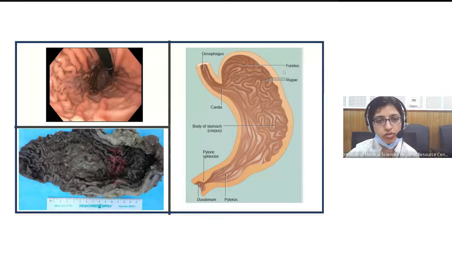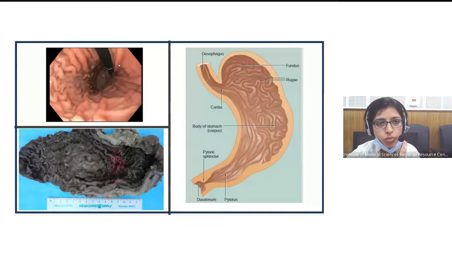So the food stays in the stomach for about 2 hours, and to accommodate the food, the stomach has to undergo distension, and so these mucosal folds, the rugae, help in this distension. They flatten out with distension, while the rugae are prominent in the non-distended state of the stomach. This is a photograph of a resected specimen of stomach showing the gastric rugae, as they appear in a permanently fixed specimen.